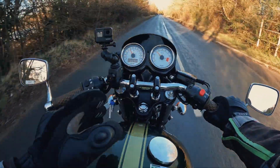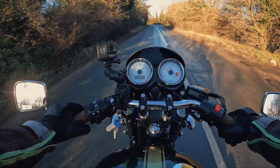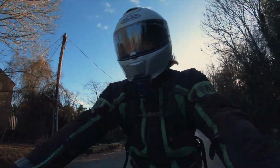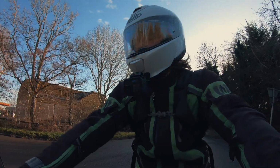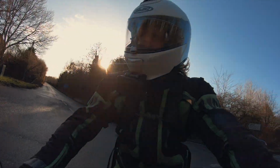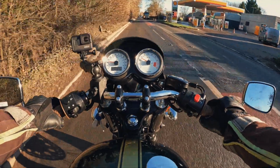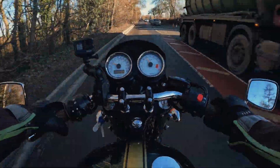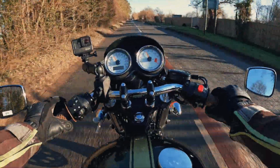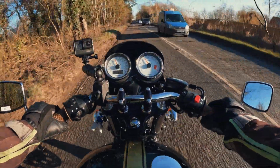But this, at a great price, I don't know, if you were thinking of perhaps a Royal Enfield GT Continental 650, or you're just after a sort of customised, really cool cafe racer, Triumph Bonneville, that style of bike, then this is a real peach, because it really does feel like you're riding an old school bike. And that exhaust, I just can't say it enough, just brings it completely alive and makes it feel like the genuine article. So don't get it wrong, the suspension is not high performance, the brakes are not high performance, but